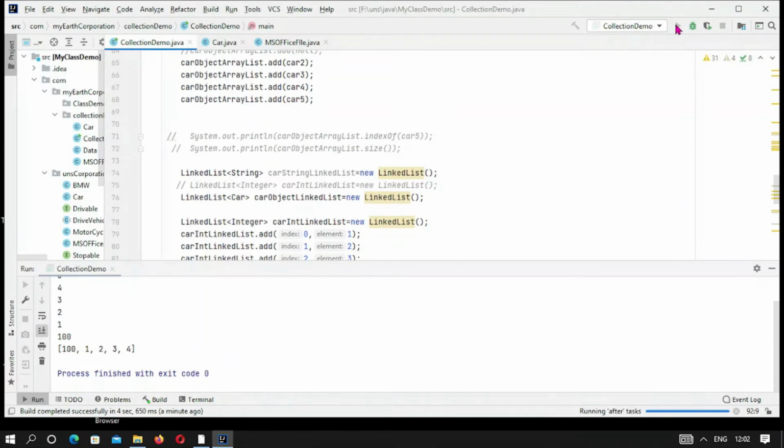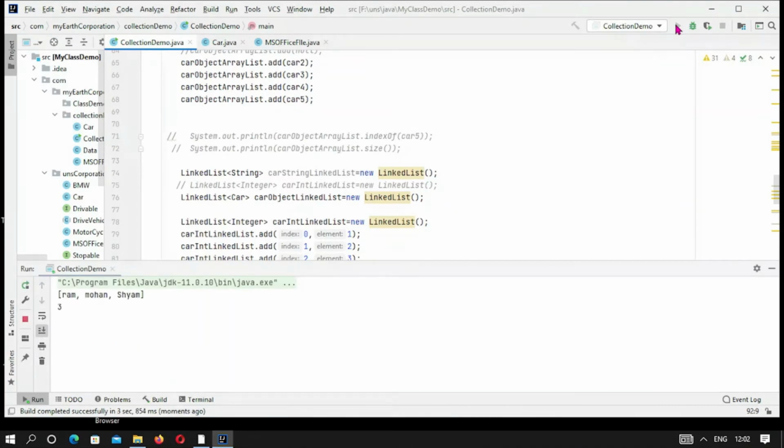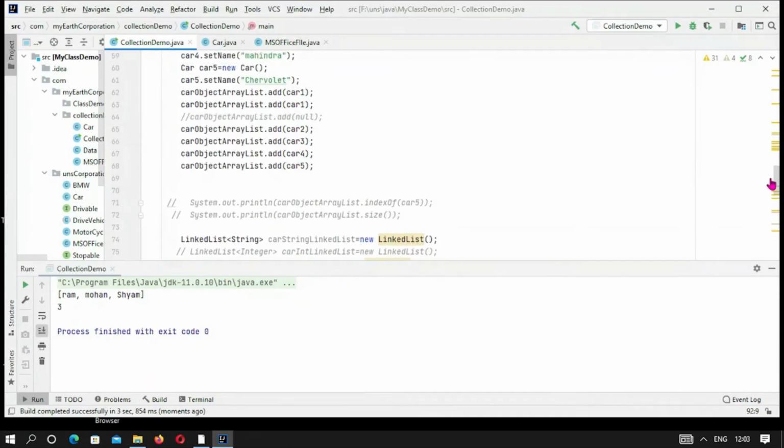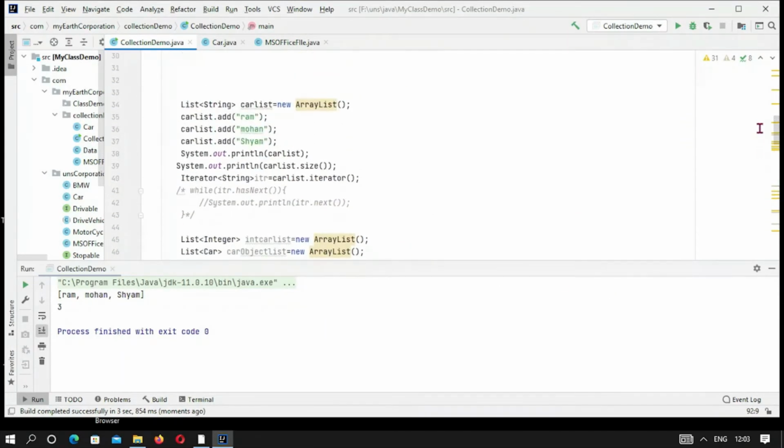So let us see. I have just commented out all kinds of sysout operations. So here you can see the intended result is available at the console. These are the three elements of the string type car list. Okay, you can see this is a car list of String type, and these three are the elements Ram, Mohan and Shyam, and the size of the list is this one.